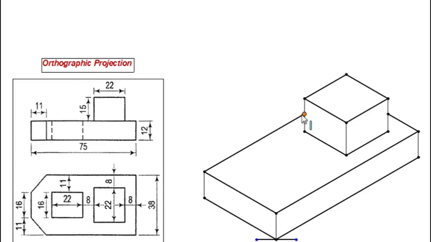from the top view you can observe here a rectangular face. Sides of the face is 22 mm and 16 mm, and in the front view you can observe it is a dotted line, means it is a rectangular hole. So I have to prepare a rectangular block of 22 mm by 16 mm on this surface, in the top surface of the bigger box.